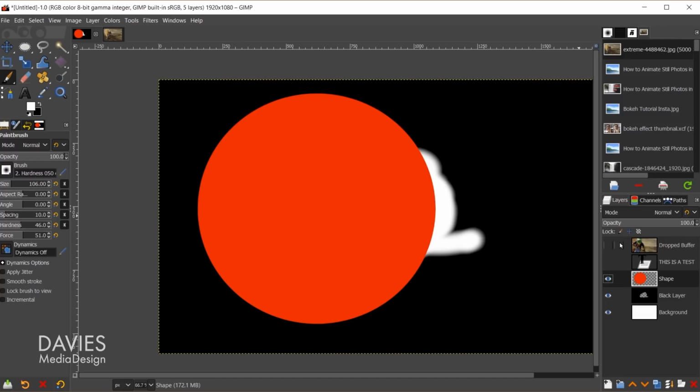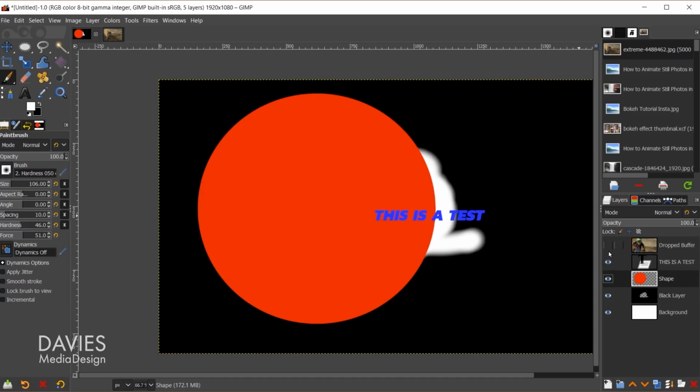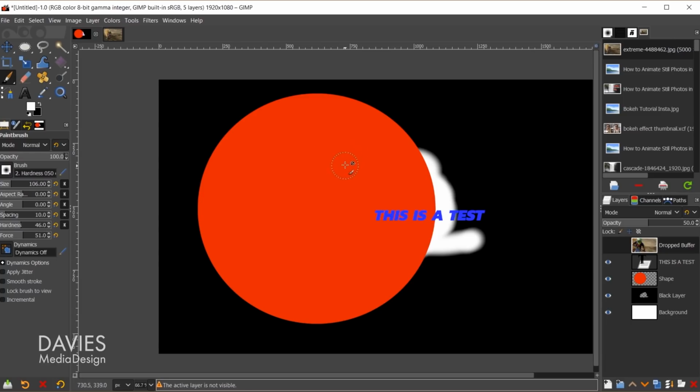The next feature I want to go over in the layers panel is the show hide icon. So I've already used this a couple of times. That's going to be this little eye icon on the far left. So whenever you can see the icon, that means the layer is visible. If I click that, the icon will now disappear, which means this layer is now hidden. And you can't paint on a hidden layer. So you'll see here with my paintbrush tool, when I'm trying to paint on this, it says the active layer